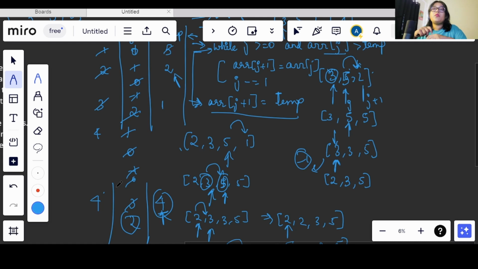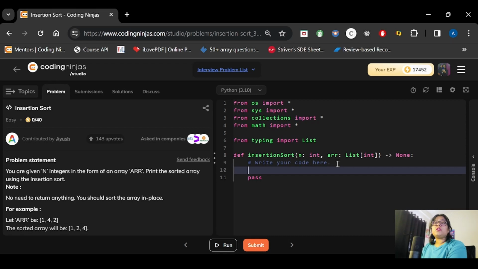Okay, now we will move on to the code editor, and as we found out the approach here, and we got the proper pseudocode, we will try to implement that on the code editor. So let's now move on to the code editor. So let's see the code now. The approach that we saw in the description or in the working, we will be following the same. This is the basic code and the basic syntax of insertion sort only. So we will implement that and we will see how the code works.